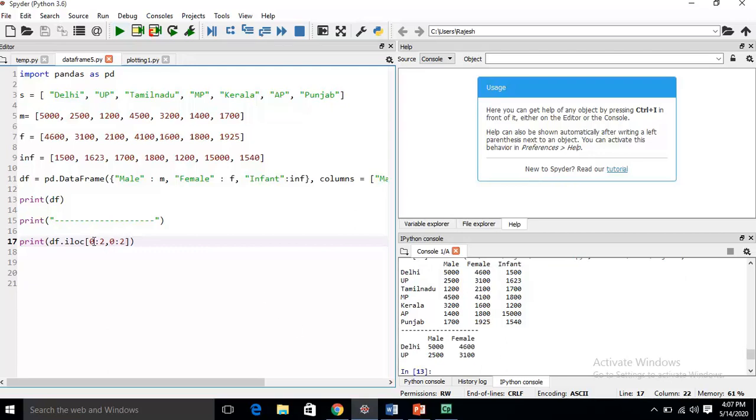But you have seen what I have done. You have to decide the index. First it is showing row index and then column index. Here 0 is the beginning row index and 2 is the end index. 0 is the beginning column index and 2 is the end column index. Here it is 0 and 1, but I have taken 2 because in ILOC the last index always runs n minus 1 times. That is why I have taken this. This is the use of ILOC.